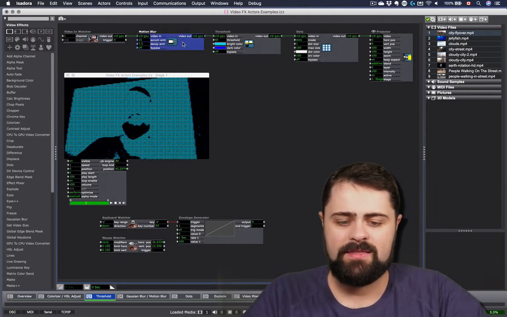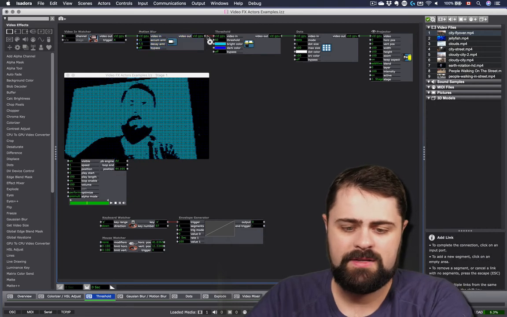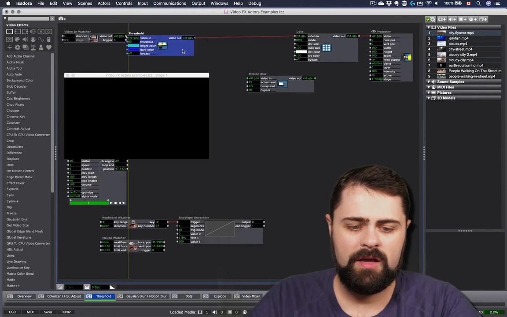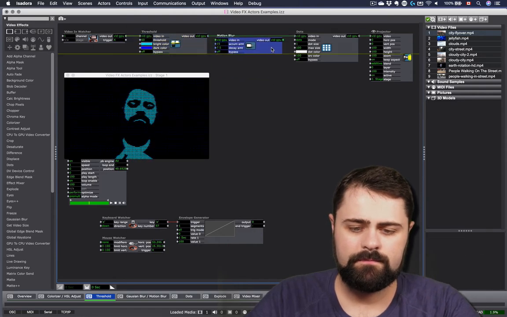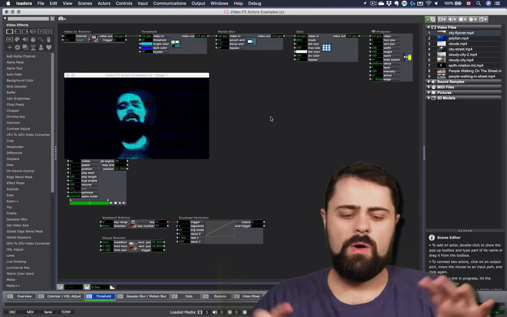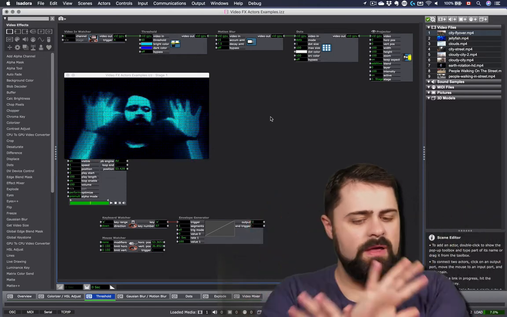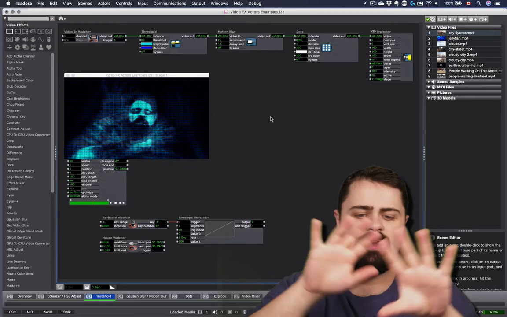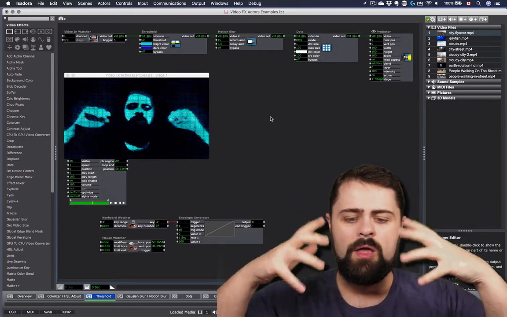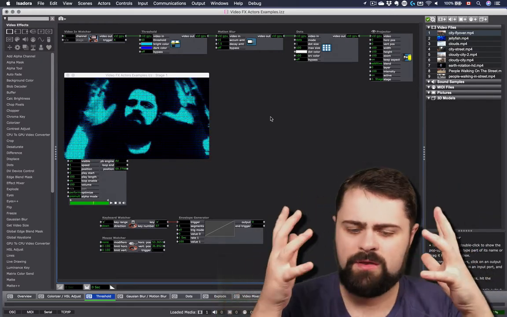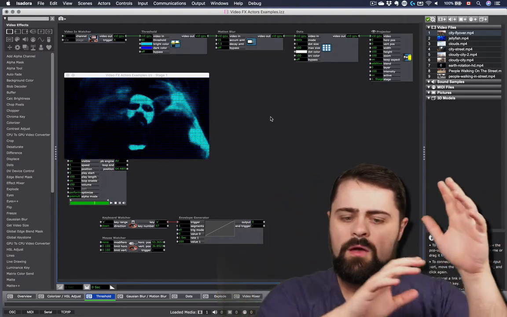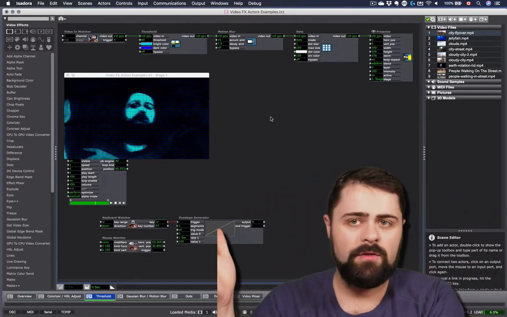So now if I take this out of where I placed it, and I place the motion blur in between, well, I still get a little bit of that, but dots is being applied last. So you can see that I get a little bit of that motion trail, but rather than being flattened the way that it was before, the dots actor is receiving the motion blur that's been applied to the threshold.